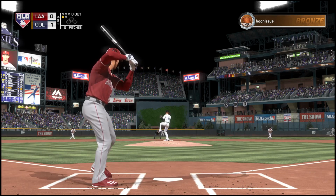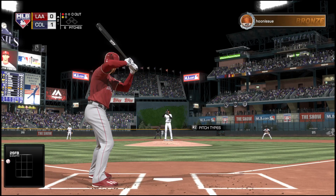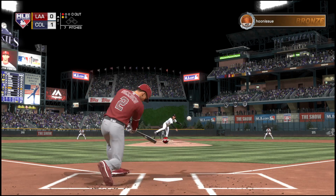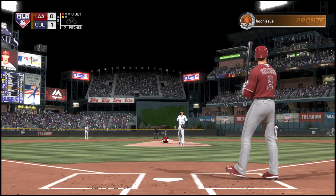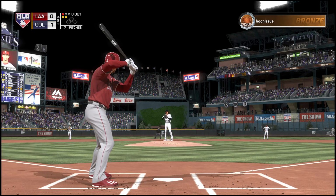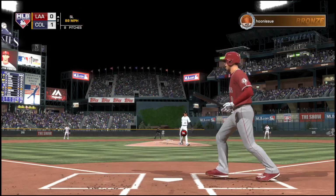Into the windup. Here comes the 0-1. Here's a fastball that crowds him a bit, and it's 1-1. This is just great pitching. They start him off with the slider to get the strike, and then they bust him in with a fastball. I don't know what he's thinking up there, but they really are messing with his mind right now. Swing and a miss on the slider, and that's